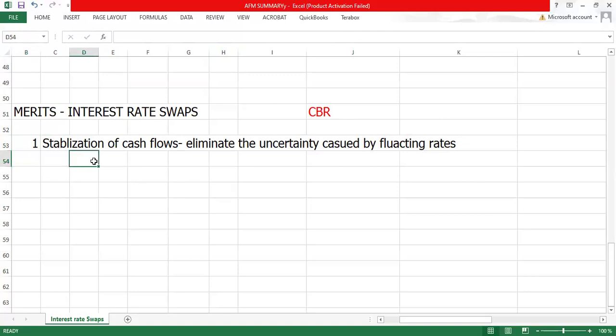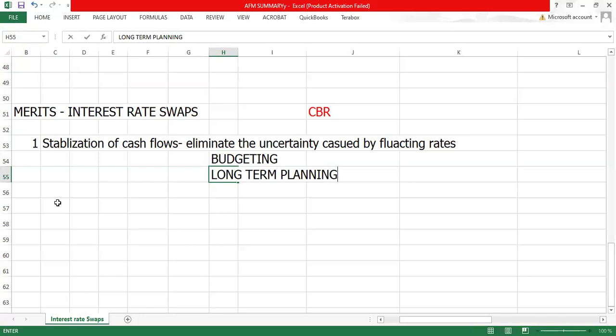And of course, it is vital for budgeting, because you'll be knowing now in this month I'm going to pay this interest cost. In this month I'm going to pay this interest cost, because the interest rate will be fixed. Okay, you know it, guys who are managers here, who are accountants. And it also helps you in long-term planning. All these things will help you in long-term planning. Okay, then maybe another point is that